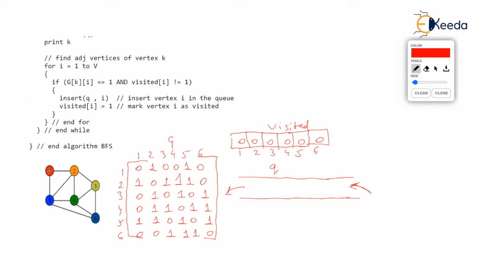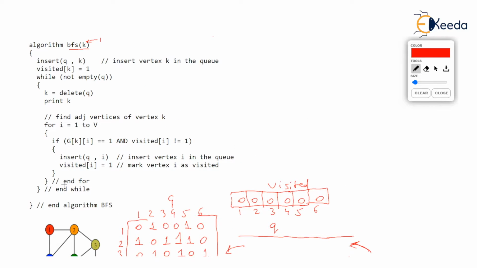So what was the procedure? We print 1, we mark 1 as visited, and then we see the neighbors of 1, and we print all the neighbors in increasing order. Check the video we made separately for the procedure of BFS. So if BFS has begun from 1, let's see what happens next.